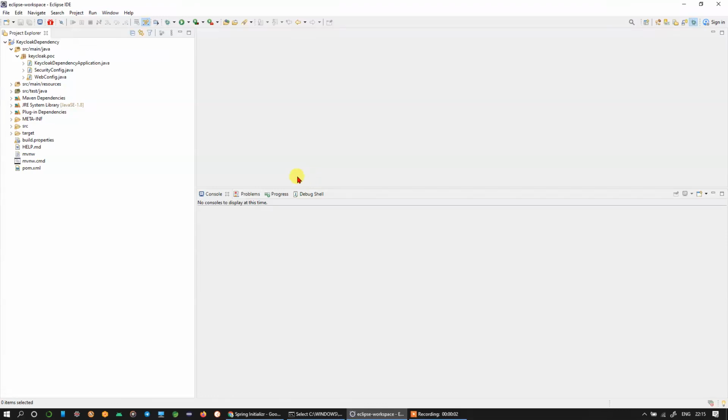This is our Spring Boot project, which is configured for Keycloak and Spring Security. Since this code is going to be almost the same for all the APIs that we are going to develop as microservices, I'm going to convert this project into a jar file so that it can be reused by importing it into our APIs. So let me show you what classes we have here.